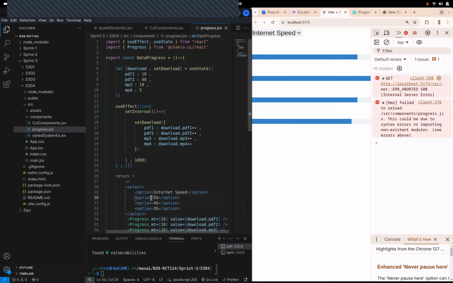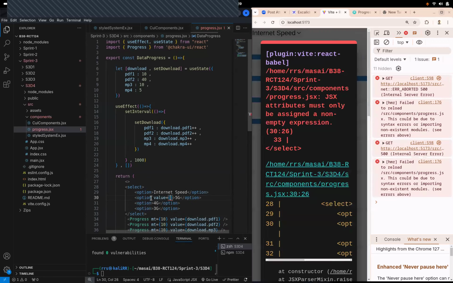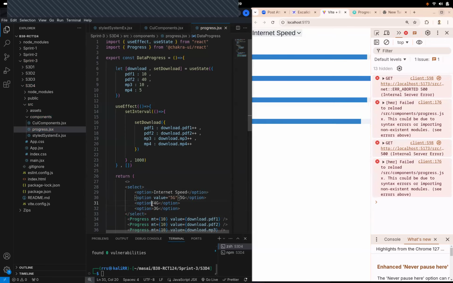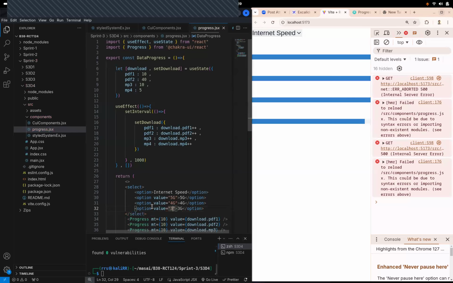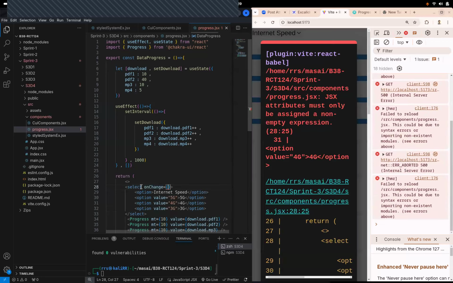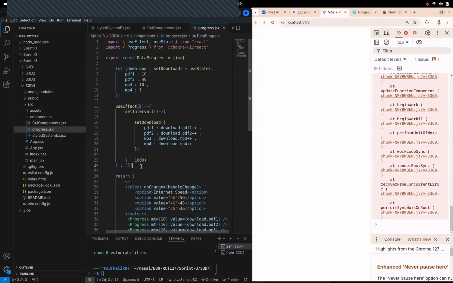And from over here we can get the value, right. So value, this will be 5G. I hope you are getting what I want to do, where I want to go. Right. 4G, and let's say we make this 3G, right. So the option will have to get the value. So let's say on change, handle change, and in handle change